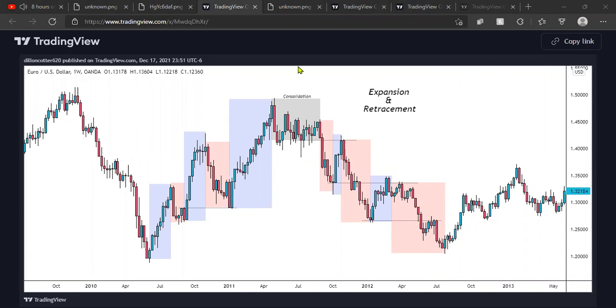But yeah. So simple diagram here of expansions and retracements. For bullish expansions, I have blue, and for bearish expansions, I have red. So you can see right here, plain and simple, something to train your eyes to see. Right, we have bullish expansion, bearish retracement, bullish expansion, bearish retracement, bullish expansion, and then look, price retests off of